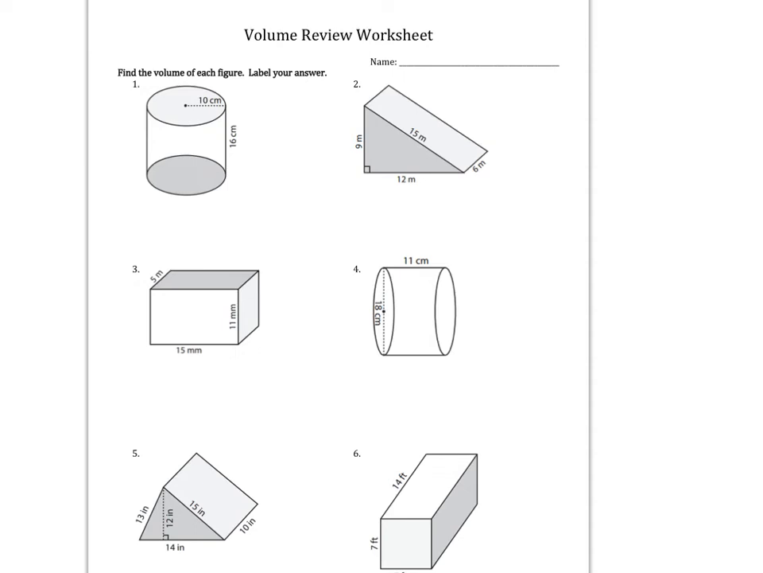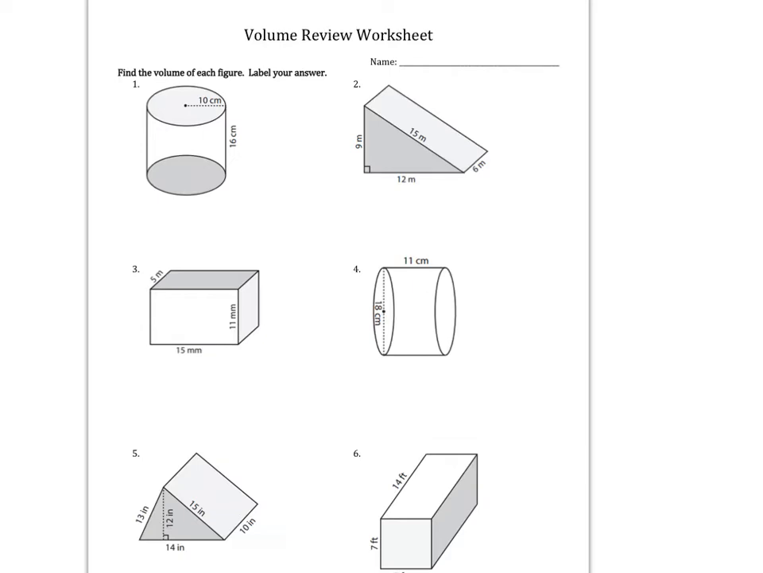All right, this is the volume review worksheet, and on the front side of this worksheet we have six different shapes. We actually have two rectangular prisms, two triangular prisms, and two cylinders. These are the shapes we've been working the most with during our volume and surface area unit. I'm going to review how to do one of each of these, and I'll start with the triangular